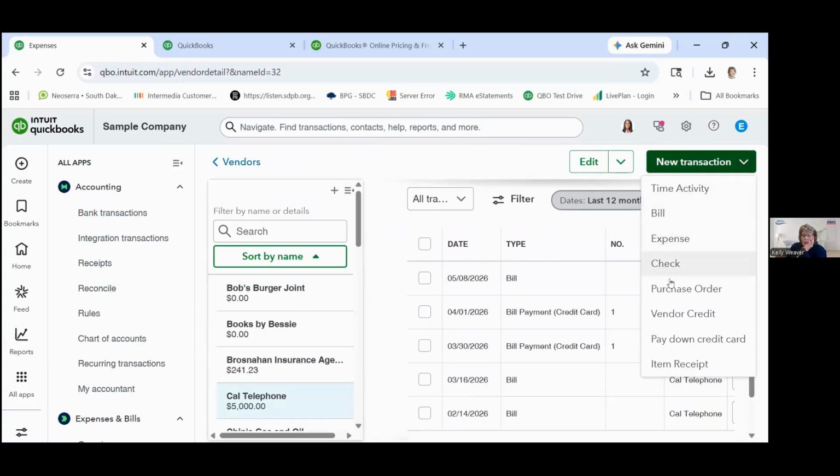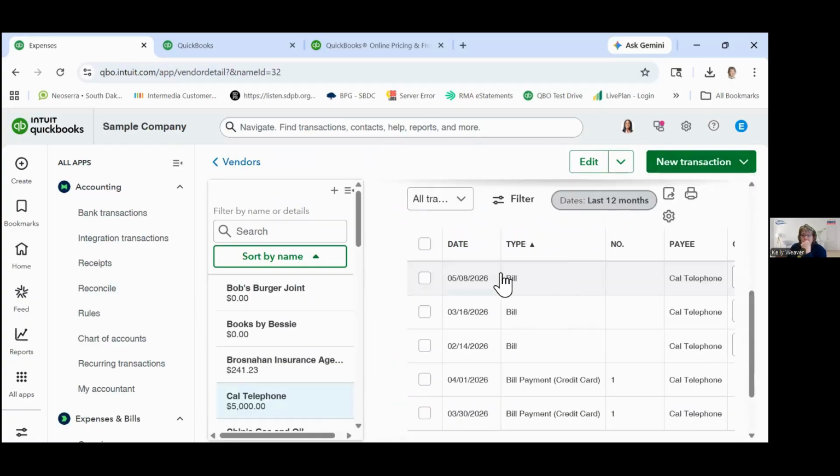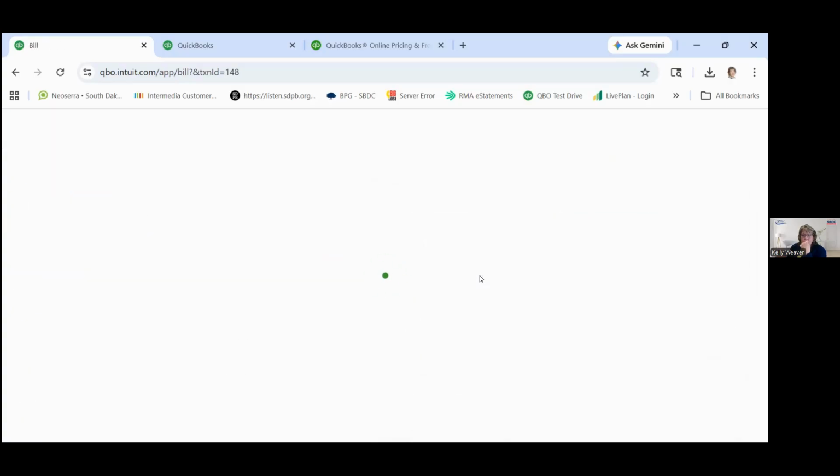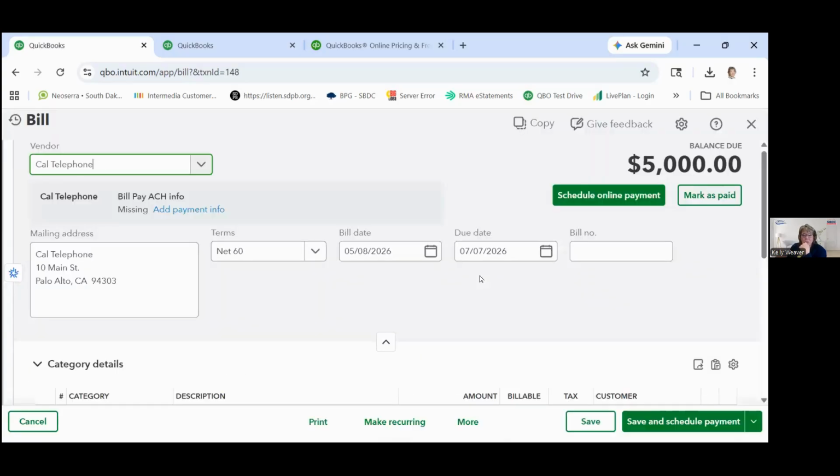You don't want to use like an expense or a check. This is funny that it's showing it this way. I wonder if it. You want to use the bill pay function, otherwise it won't know. So I guess we want to mark it as paid as long once we have this in here. So you want to get to the bill and you want to be able to pay that bill.